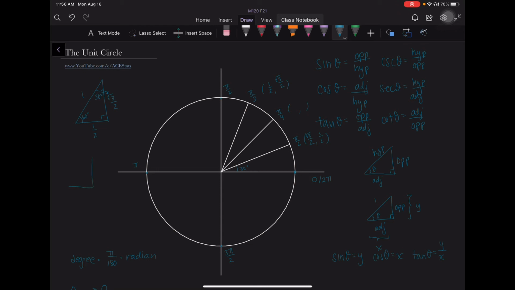So it becomes root 3 over 2 as the adjacent, and then 1/2 as the opposite. And for the isosceles triangle, we had root 2 over 2 for both values. So the ordered pairs just wind up being the same. We have root 2 over 2 and root 2 over 2. Now, I could go into the second quadrant, and let's say I had 4 pi over 3. I would then be just using these values in the second quadrant. So I could do any of these values here. And they're all going to be some form of those values we just did, but it all depends on the